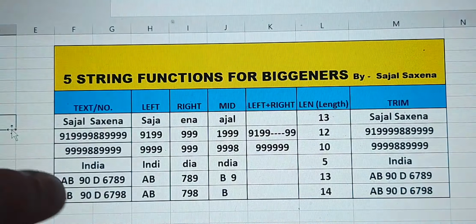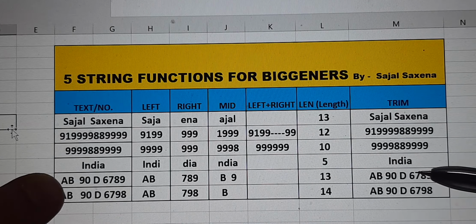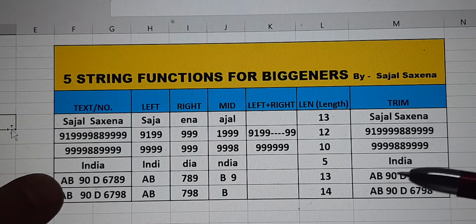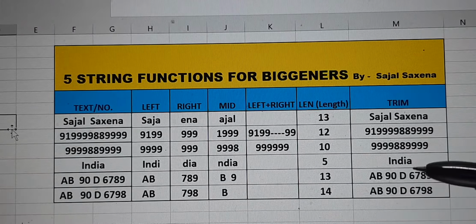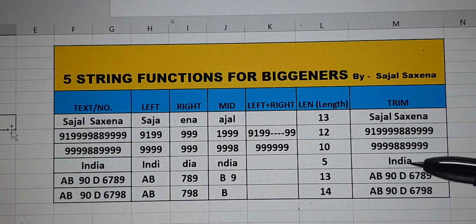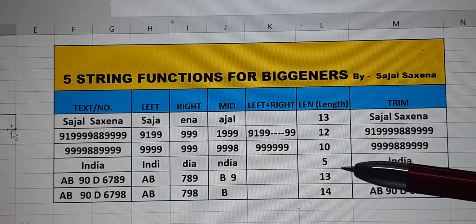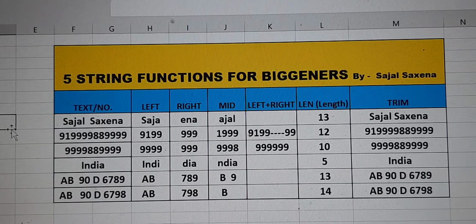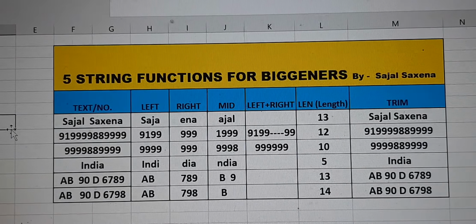Now if you see, when we have applied the formula, it has reduced down to one space each, and it is looking more organized. Look at this data and look at this data. So these are the quick functions that I would be discussing, and you can play with them on your Excel and actually have fun while you learn. So here we go. Let's start with the left function.